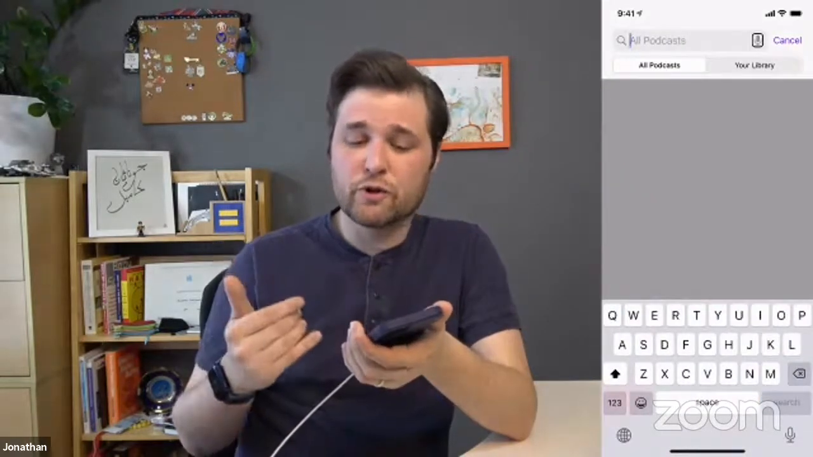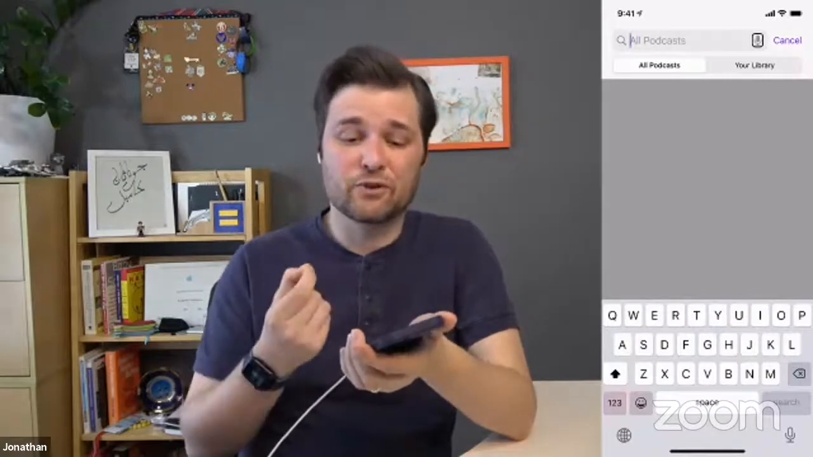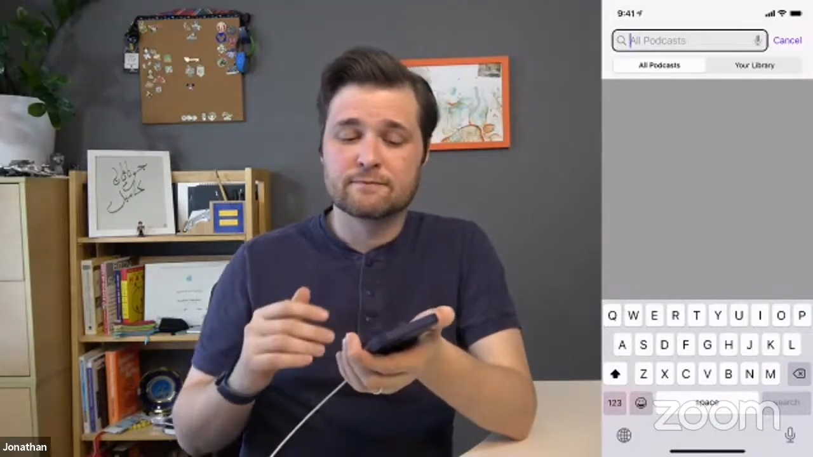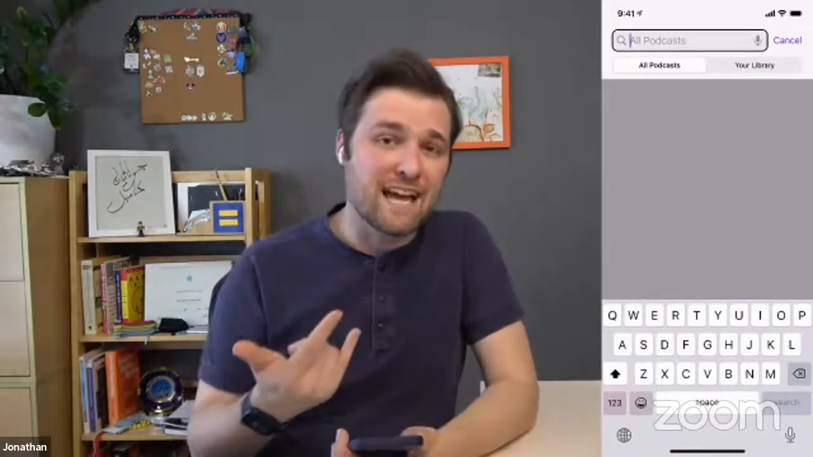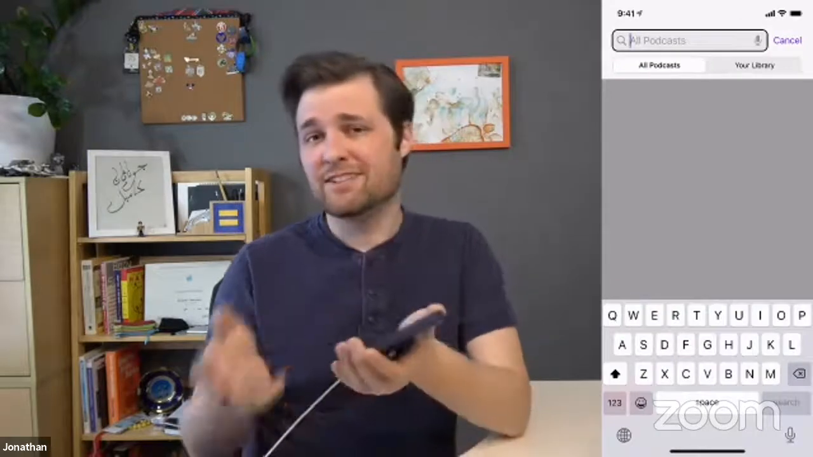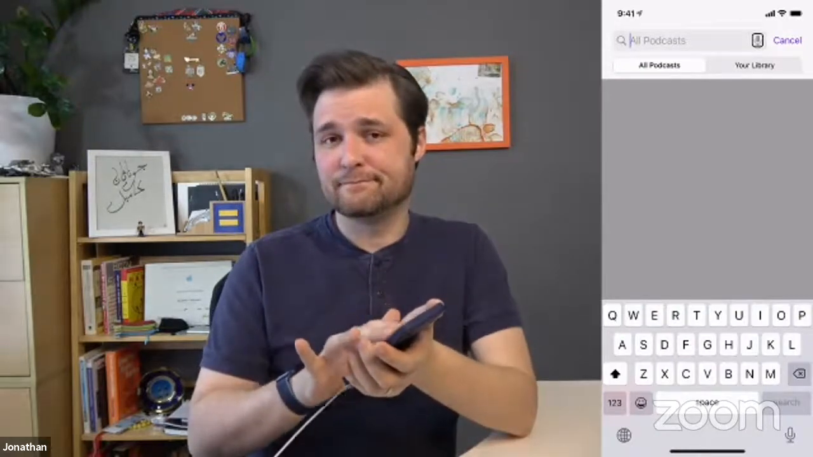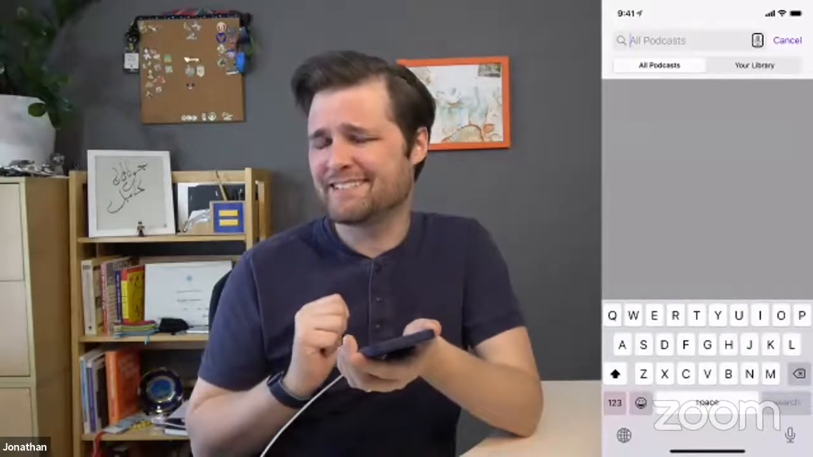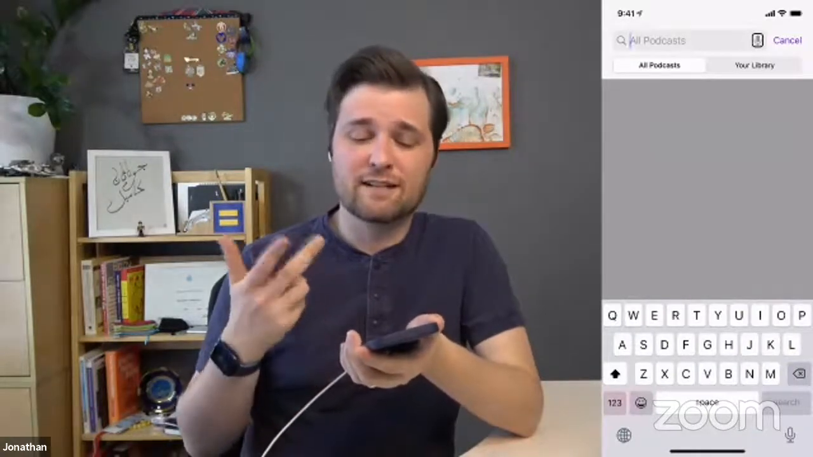So usually when you go to search, you're going to get to a search field called all podcasts, where I can type in what I'd like to search for. If I flick to the right, you'll find a dictate button. It's the same as doing the 2-finger double tap to dictate, and it allows me to dictate what I'd like